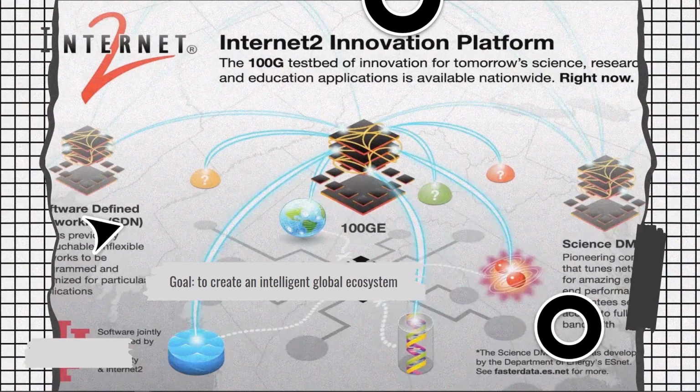The next thing could be Internet 2, the Internet 2 project, an advanced networking consortium to facilitate the development, the deployment, and the use of revolutionary internet technology, such as a 100 gigabit per second network, which is pretty fast. And the community provides a secure high-speed network, cloud solutions, research support, and services tailored for research and education. The goal is to create an international global system that will enable researchers and scientists to turn on high capacity network connections.